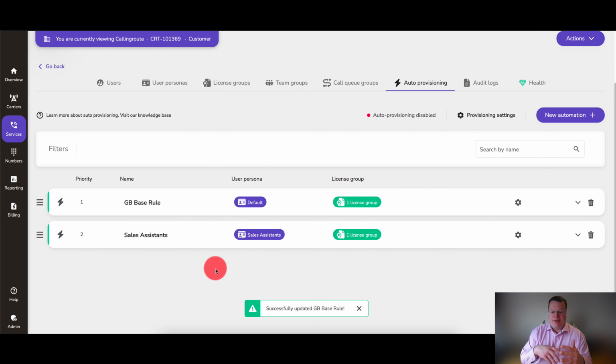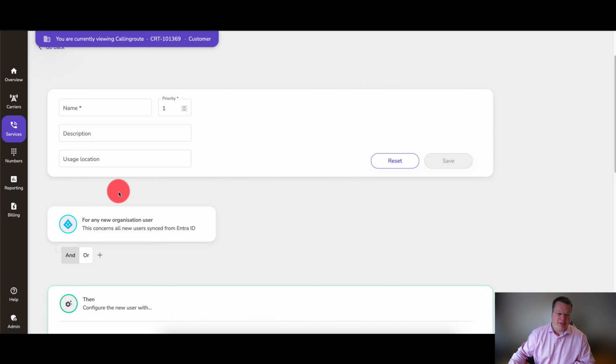So what will happen when we've just built this rule is that anybody who matches the country GB is going to get that experience. But then we want to look at, well, what happens if a user joins and they're going to be in the finance team? What else can we do? So we can build another automation that says, right, anybody who's in the finance team,